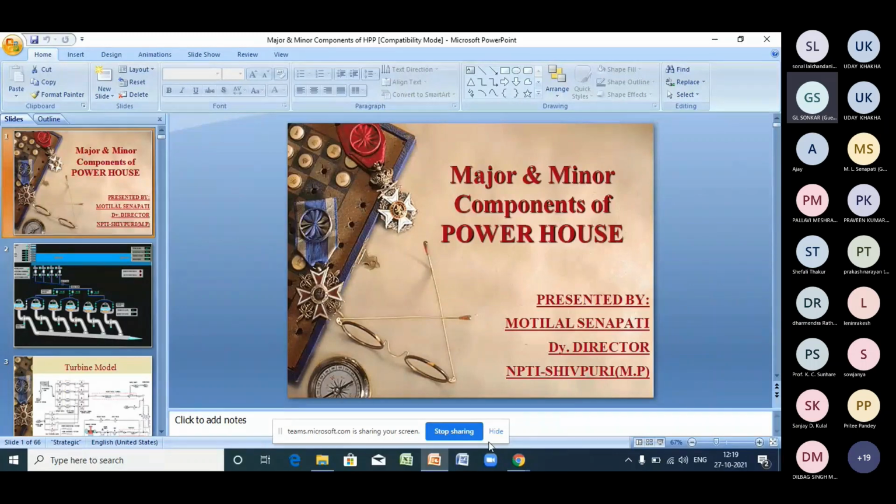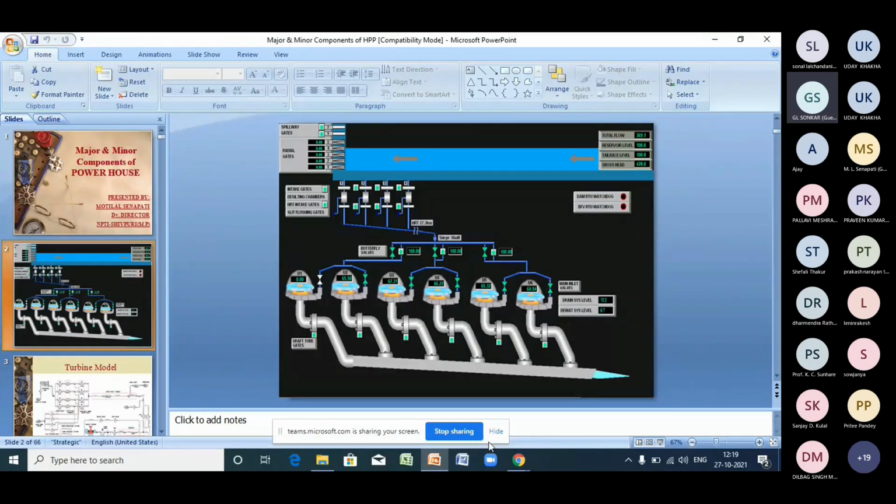So this is one of the layouts of the Satluj Jal Vidyut Nigam Limited Naptha Jhakri power plant. What you find on the screen is the simulator we have at NPTI Nangal. This is the replica of Naptha Jhakri Unit 1 of Satluj Jal Vidyut Nigam Limited. From the screen itself, you can see the arrow marks and the blue patches that show the reservoir. And can you follow my cursor?